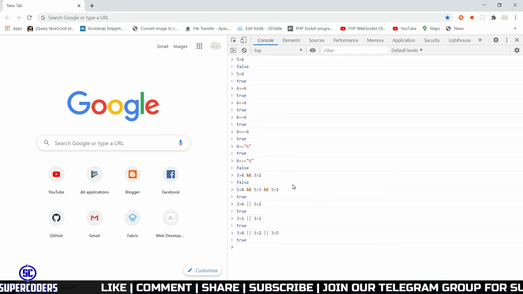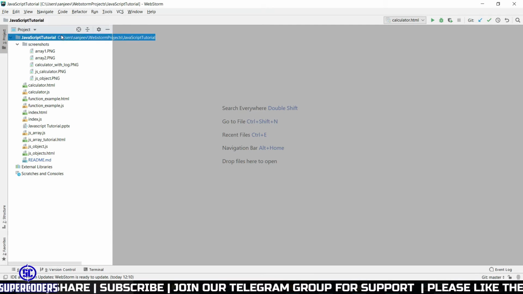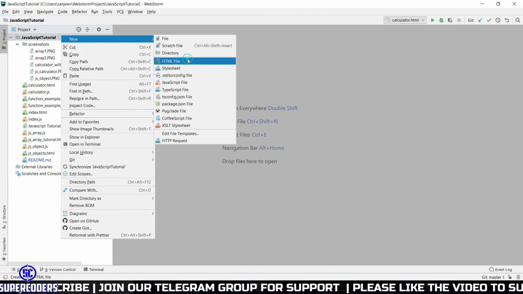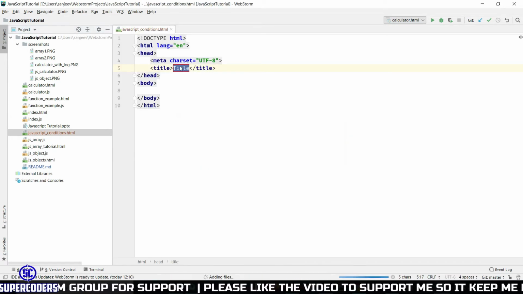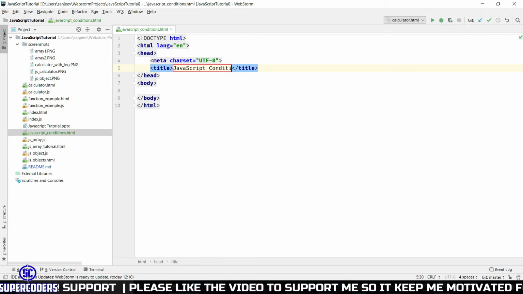Now let's see some basic programming of if condition. So come back here. Now creating a file, a new HTML file, JavaScript conditions. So changing the title, JavaScript conditions.